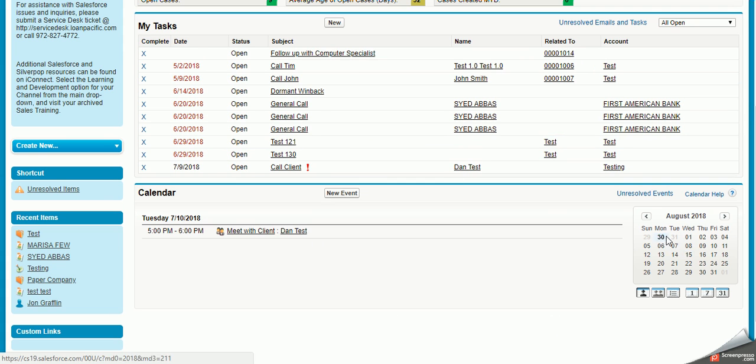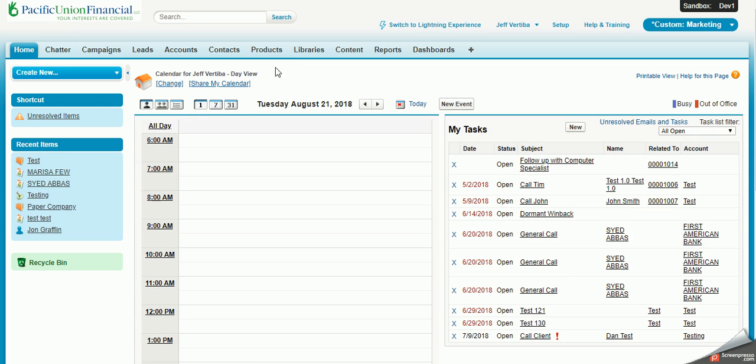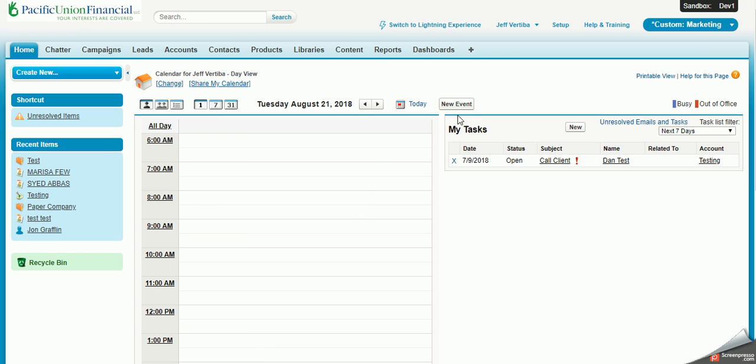On another note, if you simply click onto this calendar on the bottom right of the page, it will pull you to the full calendar and task view. Here you can see that you can view your daily calendar. You view any tasks you have coming up today or in the next 7 days. You can also create new events and tasks directly from this